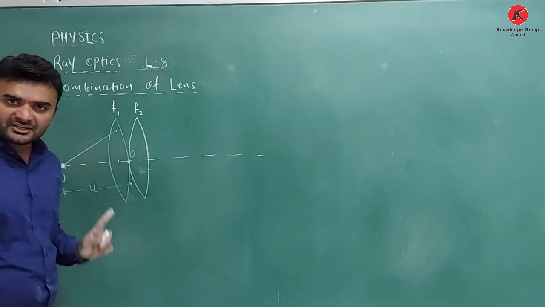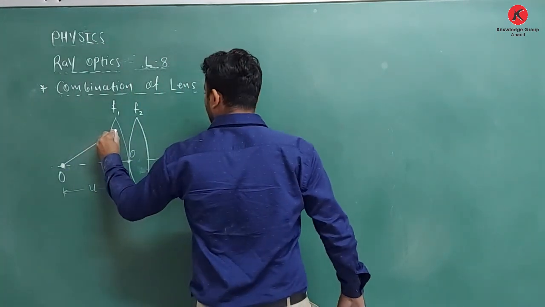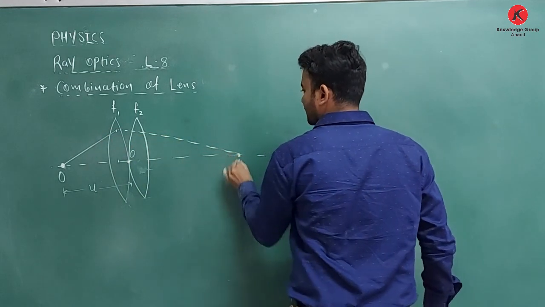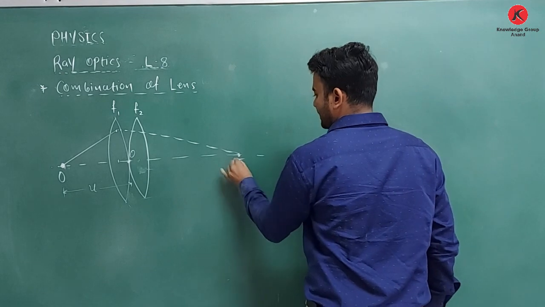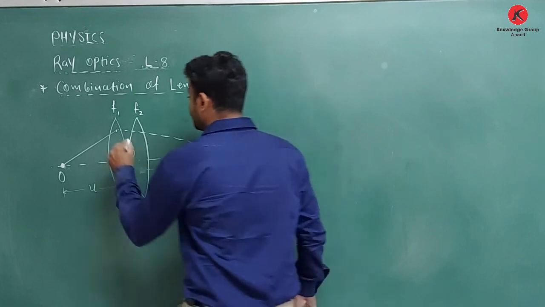After the refraction from lens 1, it will go like this way. It wants to go this way toward I dash. It will go like this way. But